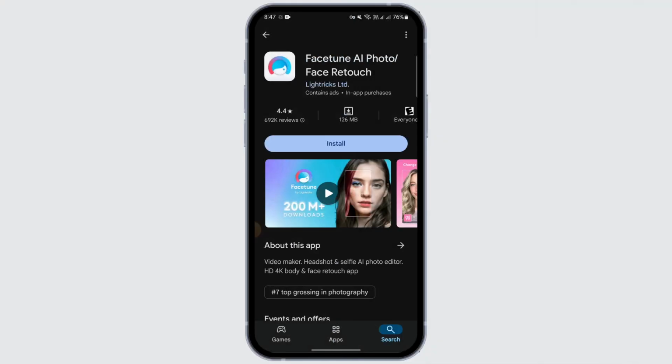In this video we're going to give you a quick guide on how we can cancel the subscription of Facetune AI. So for that you need to follow some steps, but before following those steps I want you to make sure